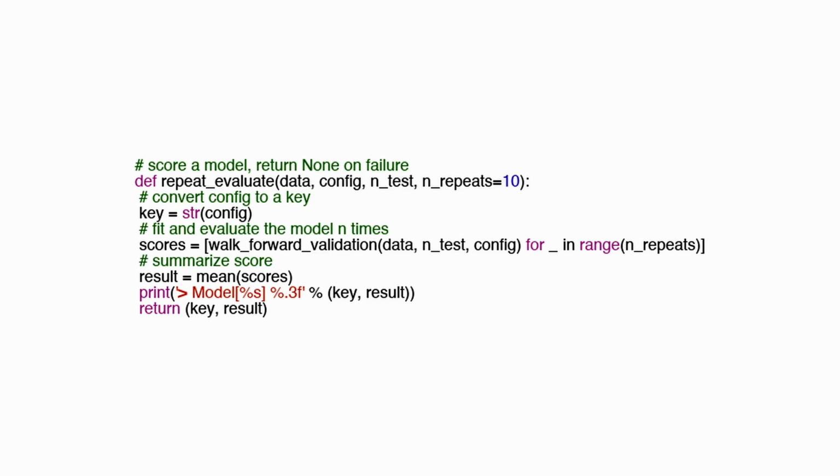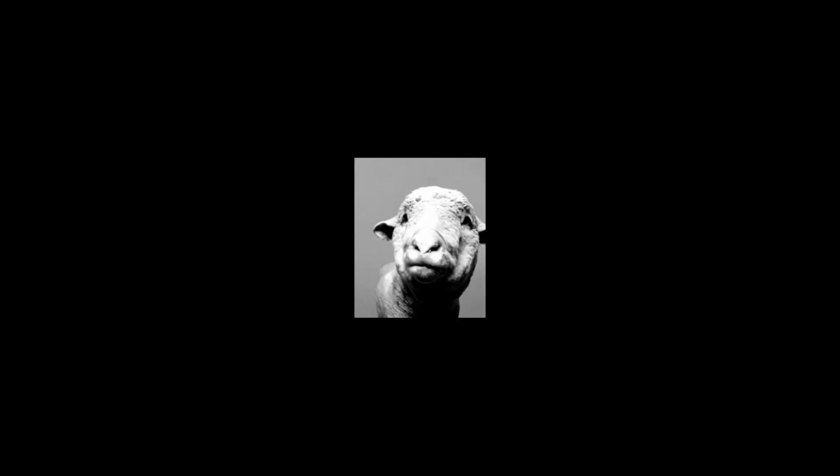It calculates the average RMSE score from all repeats and returns it. The framework is now complete with all its components. The only remaining task is to create a function that will control the search. One option is to create a GridSearch function, which requires the dataset, a collection of configurations to explore, and the